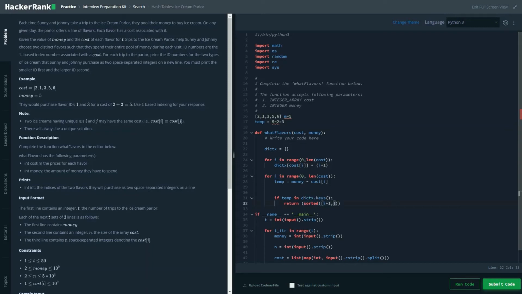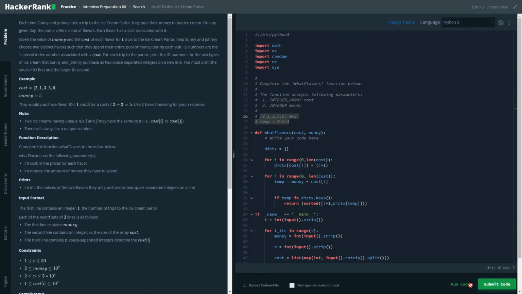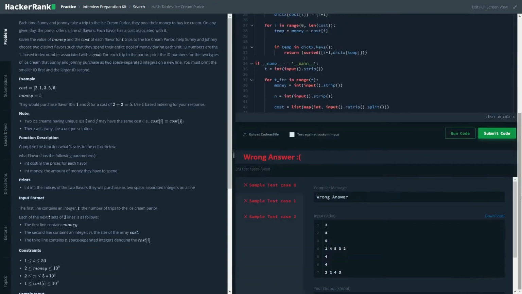And the second value: if you look at the dictionary when you are assigning it, for that key, which is going to be the value of that ice cream, we are also storing its index. So to get that index, we will just have to write its value. This is a very simple problem. Let's run this code, although it is not foolproof. There is going to be one issue with this.